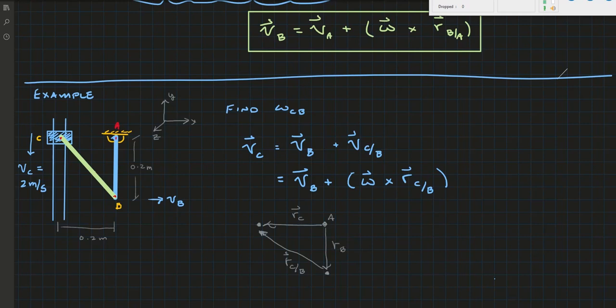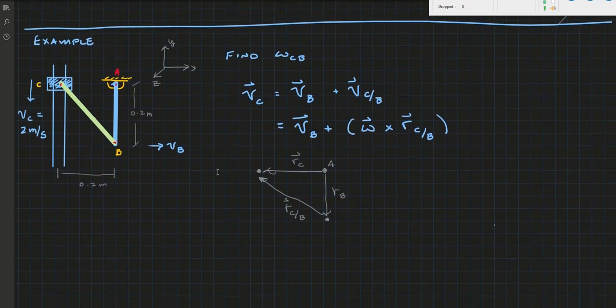Notice that if you reverse this equation, this vector would point in the other direction. So there would be a small difference in your relationships, your equations. So let's put the values in now here. So the velocity of C is, according to our coordinate system, negative y. So minus 2 meters per second in the j direction. And the velocity of B is to the right. So I'm just going to use the magnitude of vB times i plus omega